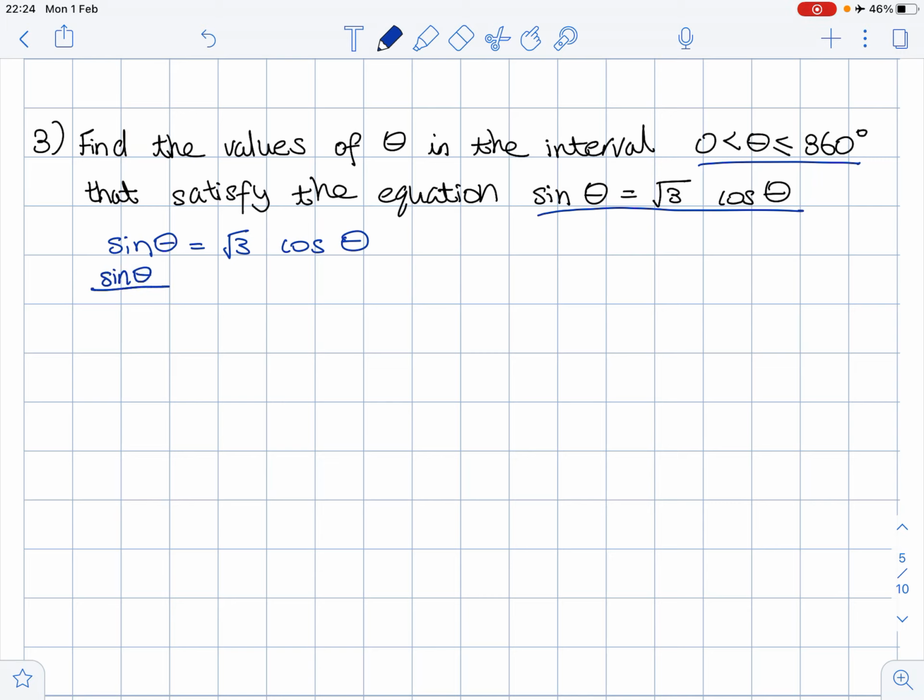So sin theta divided by cos theta is equal to √3, and we know this is the same as tan theta equals √3. So now we can find our principal value. Theta is equal to tan minus 1 of √3, and this is the same as